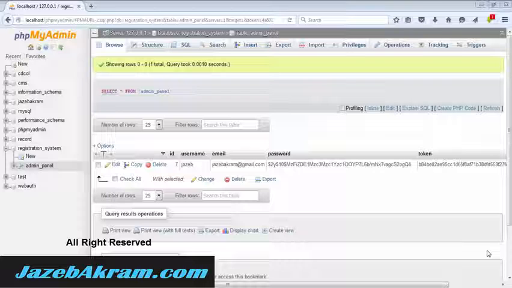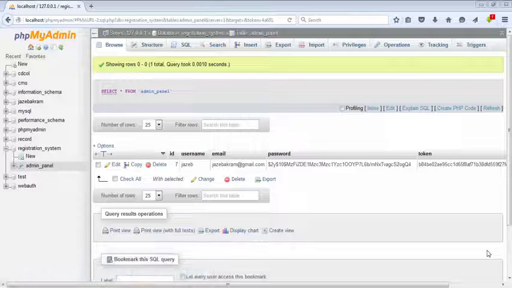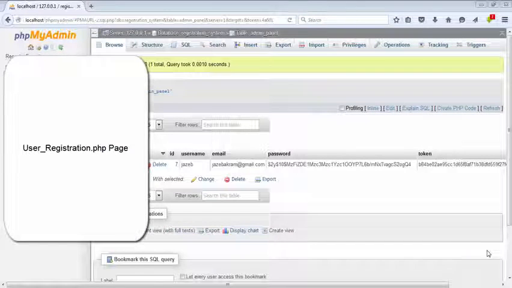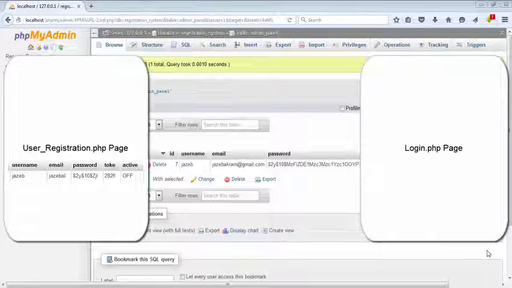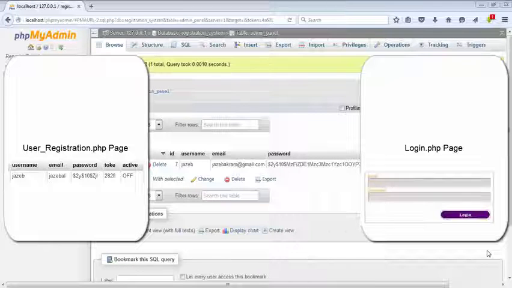This lecture will focus on the process of our email verification and its prototype, because before building anything we have to understand how we are going to accomplish our project further. So suppose we have the register user page that we made and we passed value of username, email, password, token and active, and we made our active to be default off. So when the user is going to register, we are just going to take all these values and save these values in the database. Then we made our login page in which we are going to take the email and